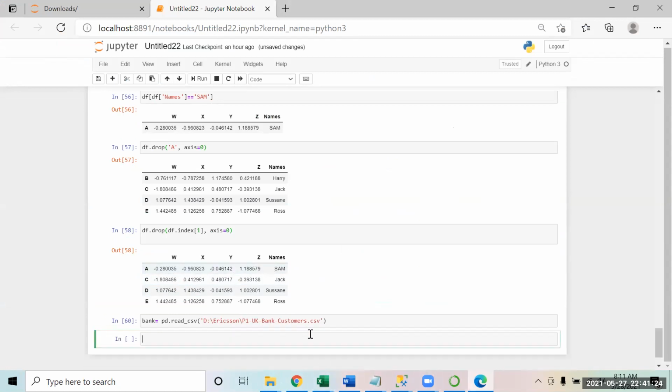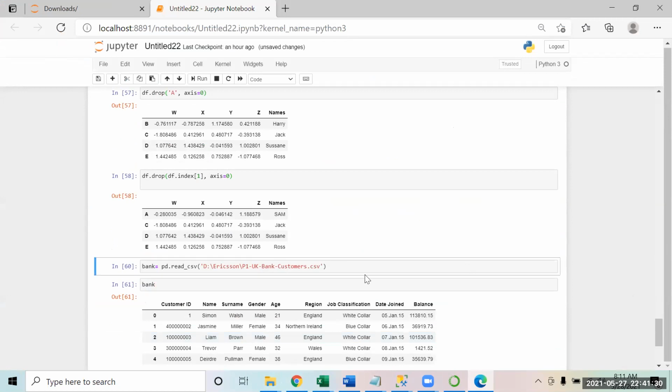Okay, so I just loaded from the complete path. So now if I say bank, I can see the complete data. So just give the path over there, where you have placed the file and the name of the file, and you will see the complete data has been loaded.